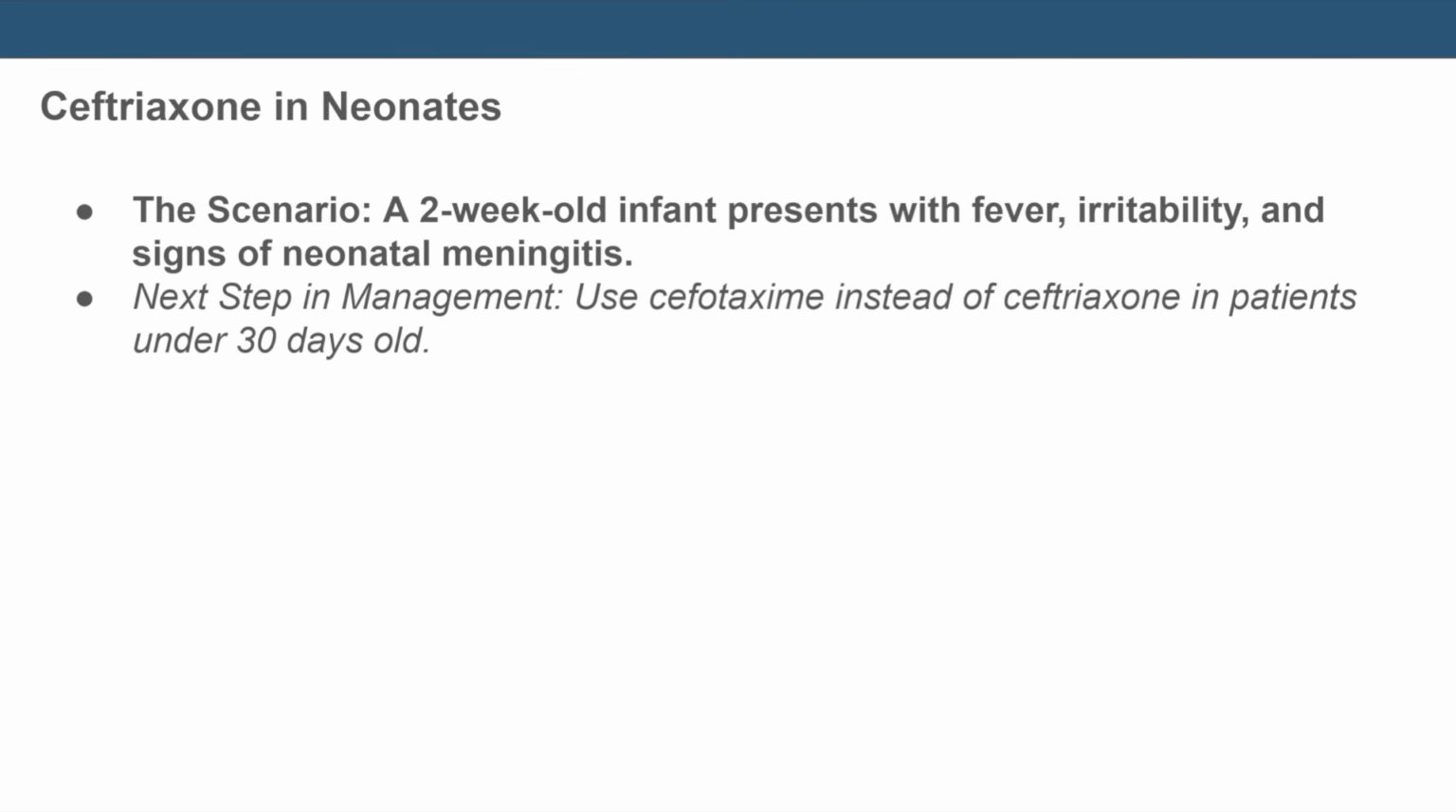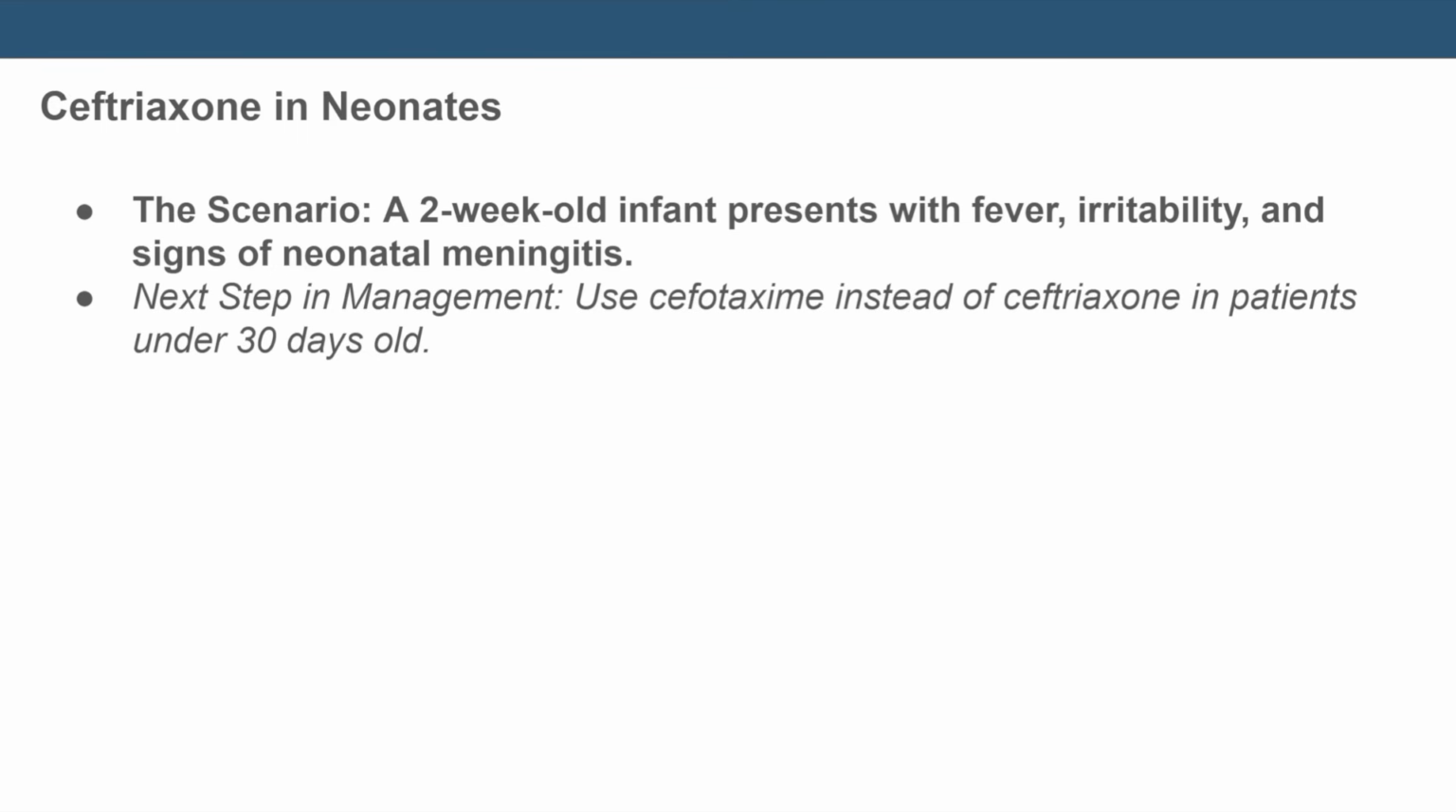So in older children and adults, the gold standard treatment for that is going to be vancomycin plus ceftriaxone. But here you have to know that if the patient is under 30 days old, choosing ceftriaxone is a mistake. Why? Because it's going to displace bilirubin from its binding sites on albumin. And if you displace bilirubin a lot from the binding sites on albumin, you're going to get an increased level of bilirubin. And if you get an increased level of bilirubin, then you're going to get jaundice, and you risk kernicterus, which is